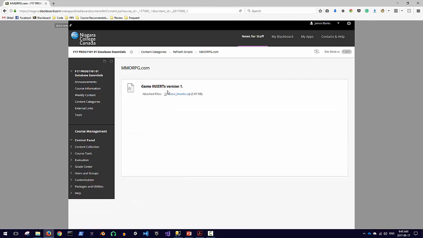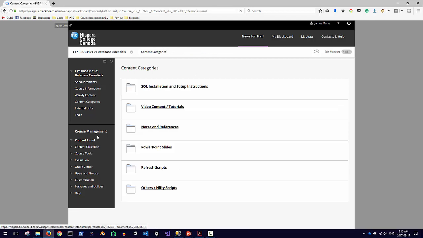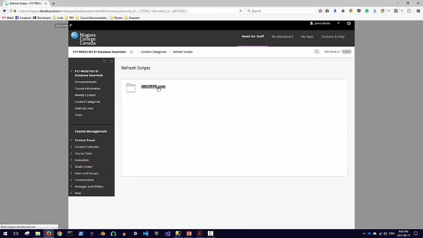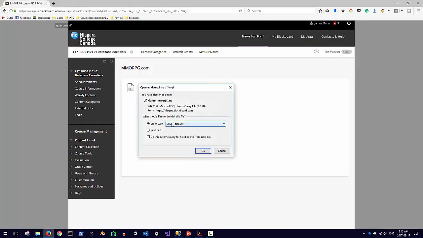I'm putting those refresh scripts here in the content categories area under refresh scripts, and depending on the example we're using, mostly it will be mmorpg.com, but we're going to go to the correct folder for the example we're working with, and then you'll find files here that are labeled correctly. Right now all we have is inserts in this particular one, but usually it'll be game refresh version 1, version 2, version 3. We have the game inserts here, so I'm just going to open it up with SQL Server